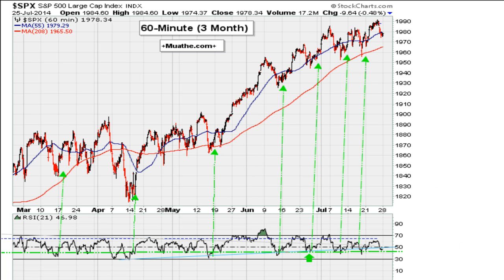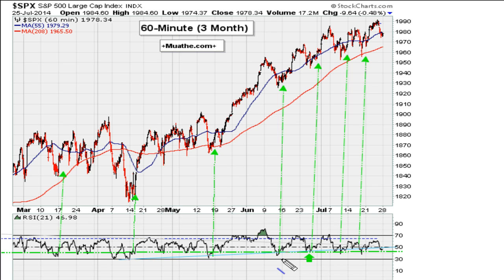If we take a look at the S&P 500 hourly, you can see that just like the Dow, this green line has been where the market has been finding short-term lows. Very successful short-term lows, especially if you're a day trader, short-term trader. This is where you had to go long or buy equities because the market's been bouncing off this line and continues to do so over the last couple of months. And you can see into Friday's late session, this held. So the fact that it's holding above that line could suggest that the market is due for a move higher